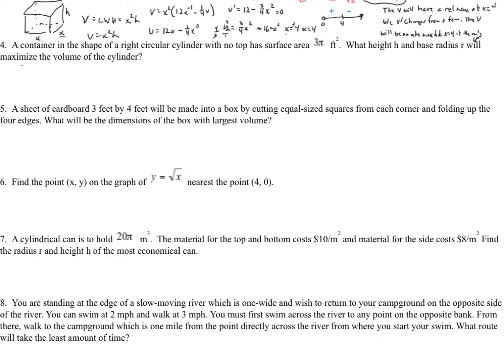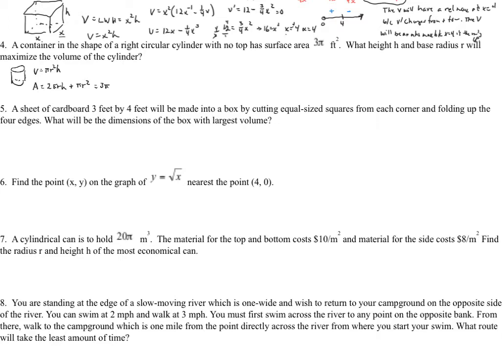So we have a cylinder here that has no top. The volume of a cylinder is pi r squared h, and the area of that rolled up part is going to be 2 pi r h, and then we'll have only one circle since it has no top. So that's going to be pi r squared, and we know the area is 3 pi. So again, like we saw in the previous problem, we're trying to maximize the volume,